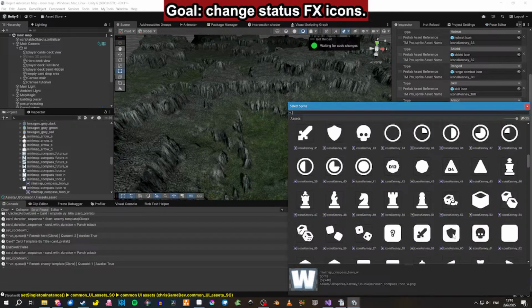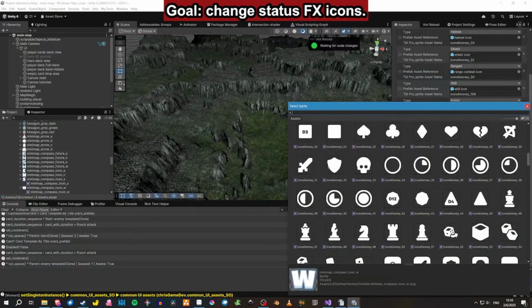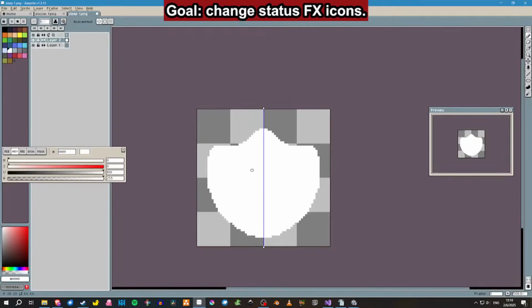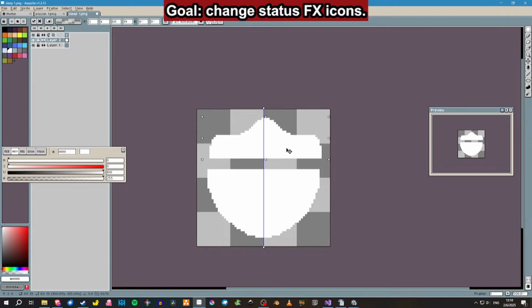So I have a shield there. Where is the other? There. Okay, so it's not so rounded. Let's move it there. There. So let's